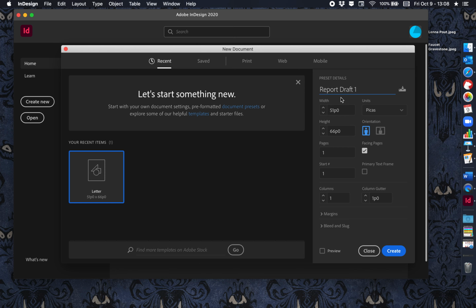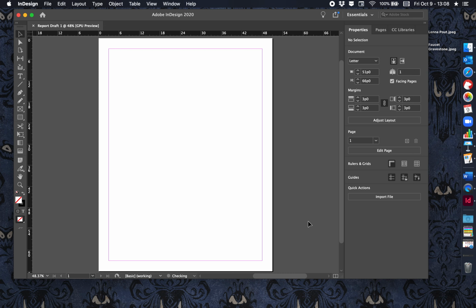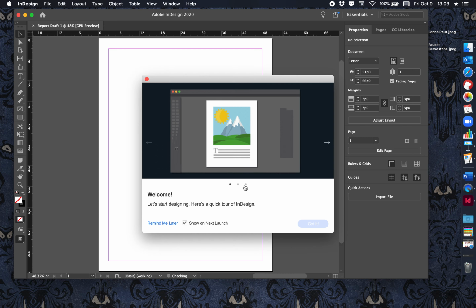One thing that you want to make sure is set up is that, first of all, it's set up as a portrait, which it should be by default, and that facing pages is clicked. If it isn't, it's just going to be one long row of pages, which you don't want. You want this to be set up to print both sides. All right, so we're going to hit create, and then the page is going to open,